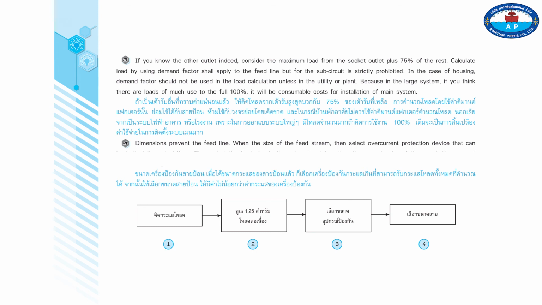4. Dimensions to protect the feed line. When the size of the feed line is determined, select an overcurrent protective device that can carry all of the calculated load. Then select the feed size to a value not less than the current value of the protective device. Summary of hierarchical design is